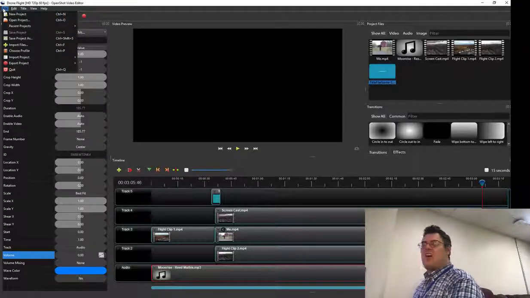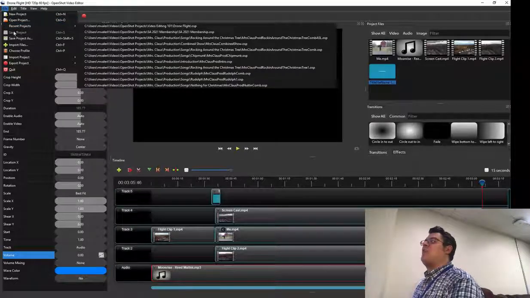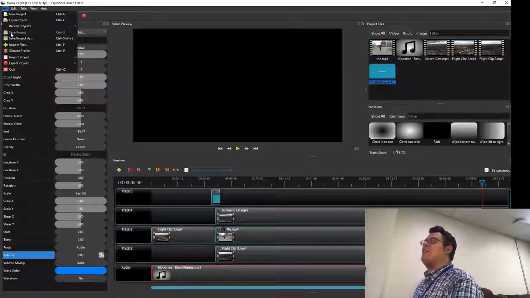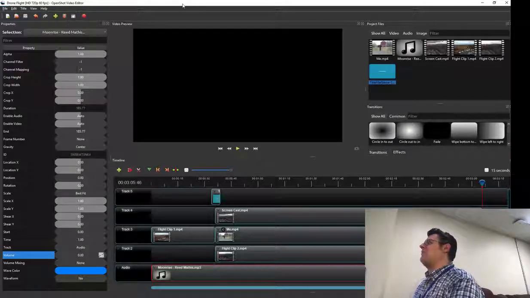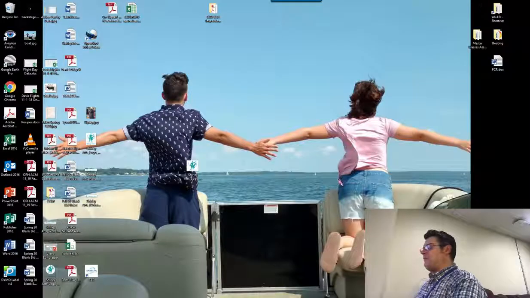OpenShot does periodically save, and notice that Save Project is grayed out here because it has already auto-saved. But every once in a while, especially if you make a couple of changes, it's always good to go back and save. But I'm just going to minimize it right now, and we're going to bring up our folder